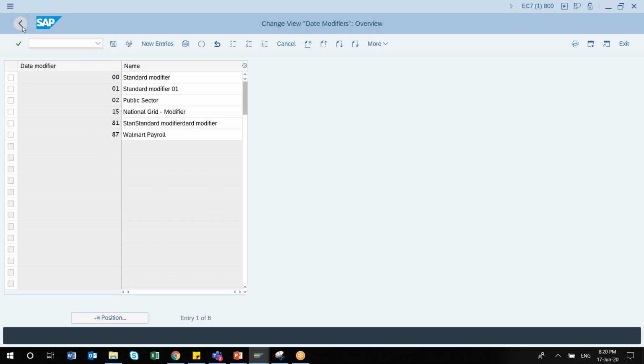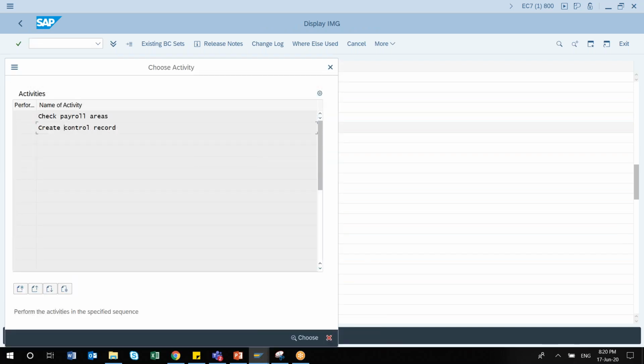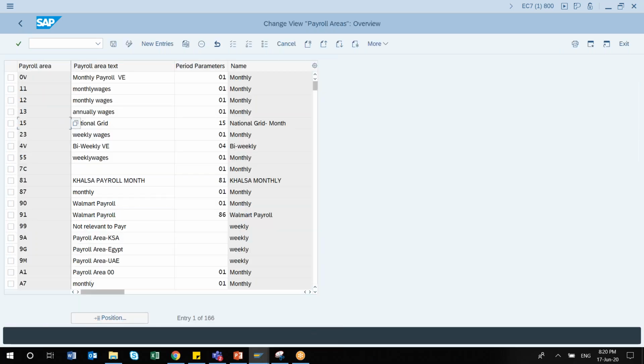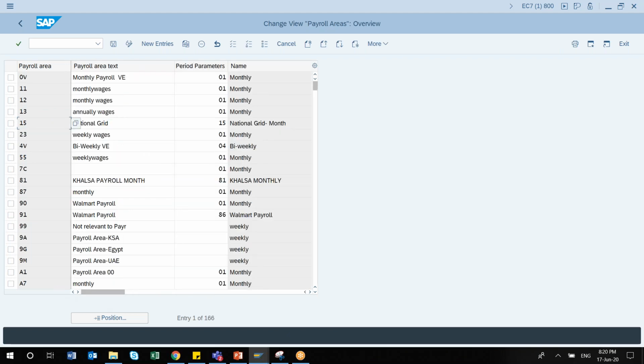Once it is done, the next one is assigning the payroll area to the period modifier. If you have created a payroll area, here we assign the period parameter and your date modifier. Whatever the payroll area is, it can be any combination, alphanumeric.